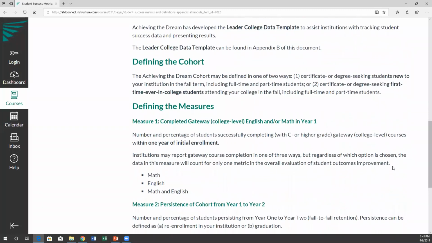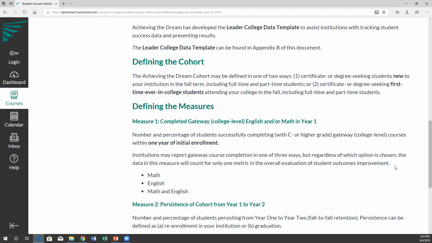So going in a little more detail to what Nikisha had mentioned earlier, first, think about your cohort. I'm going to go into these in more detail once I show you the data template, but at its core, you have an intro page where you define your cohort. You either are selecting students who are new to your institution in a given fall term, in other words, anybody who is in your institution for the first time, whether or not they have college credit or previous enrollment somewhere else, as opposed to students who are first time ever in college. These are students who are coming in typically with no credit previously, and they are just true first-time students.